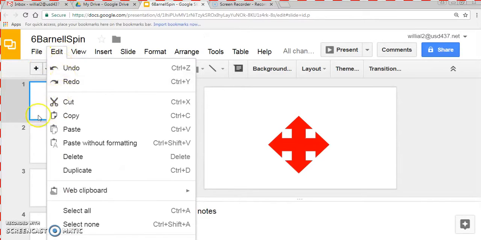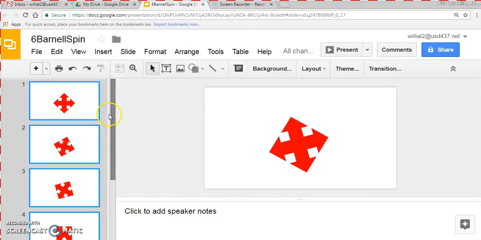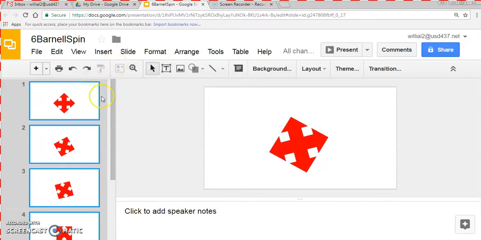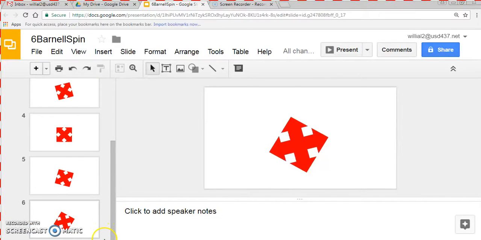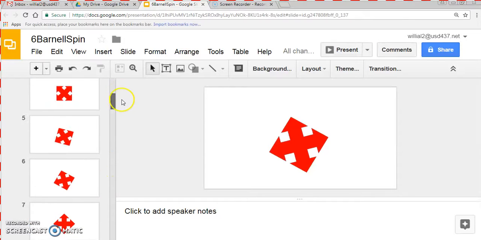I think I can go to Select All, Control A, or I can just go up here to that menu and select all. Okay. Now I'm going to copy those and paste them. If I right-click, copy is Control C. I'm going to go back here after the last one. And now Control V is paste. Control V, Control V. Do that a bunch of times. Now if we go back to the first one,